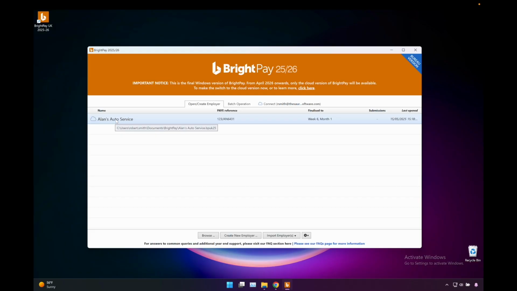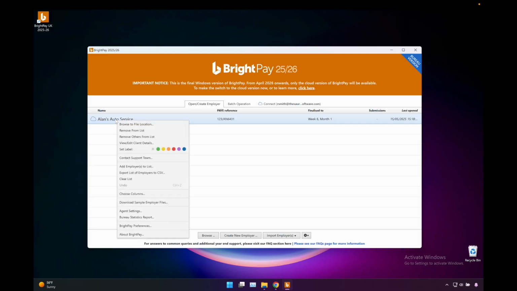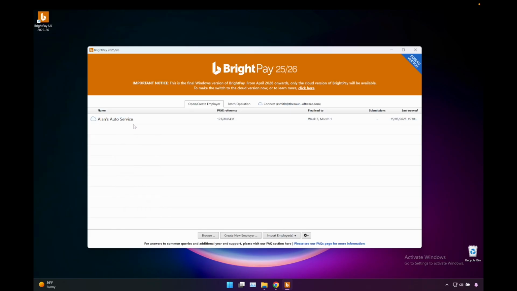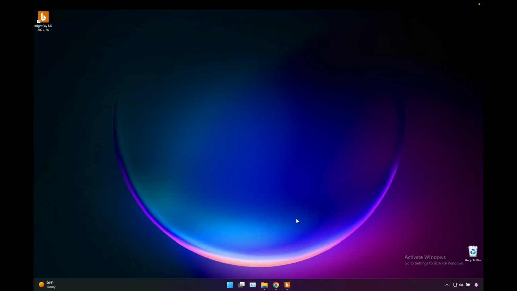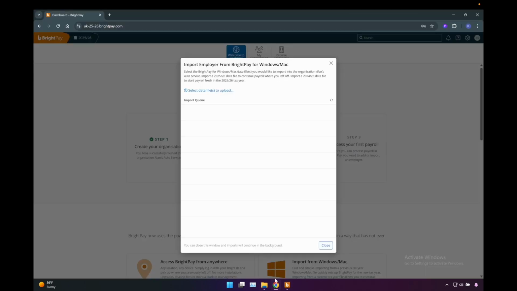So I can see that this is in my Documents folder and a subfolder called BrightPay. Alternatively, I can right-click on the file and browse the file location, and it's going to bring me directly to that folder that it's saved to. So now that I know where my employer file is saved to, I can go back into BrightPay Cloud,